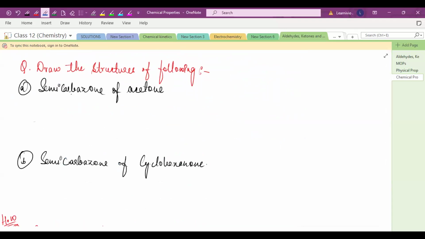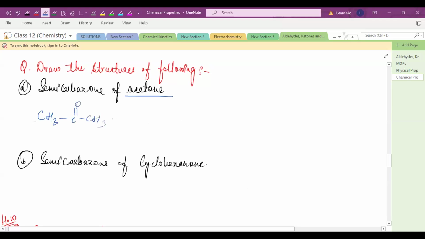Draw the structure of the following. Question: semi-carbazone of acetone. How will you draw the semi-carbazone of acetone? Let's see if this type of question comes in your exam. So how will you write it? Acetone, and you have to draw its semi-carbazone. So we just take the acetone,